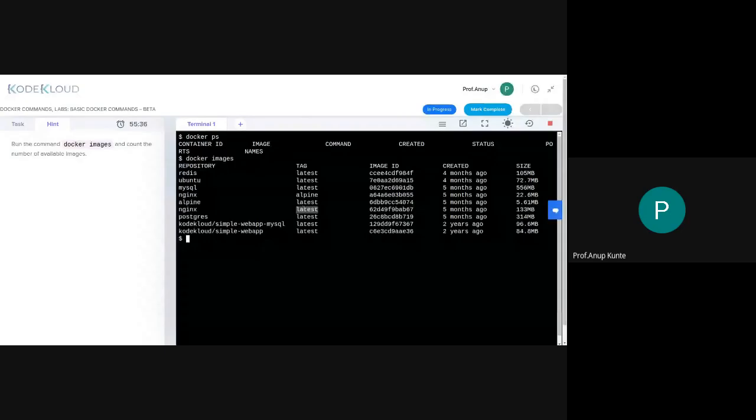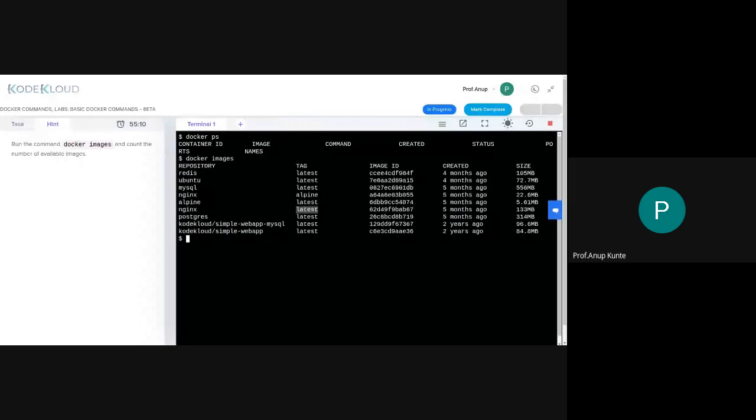So this tag tells you the current version from which we are pulling this particular image. So Alpine is the version tag which I am downloading for this Nginx repository. The second is also an Nginx repository, but it has a tag called latest.